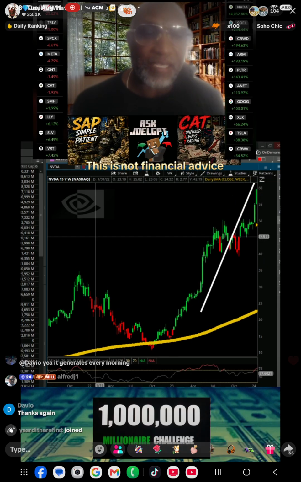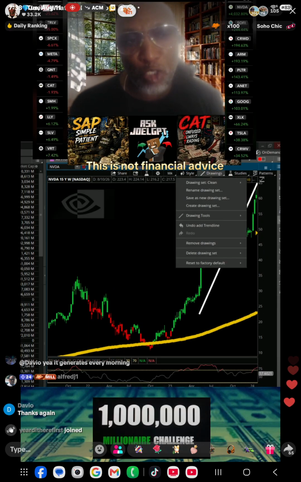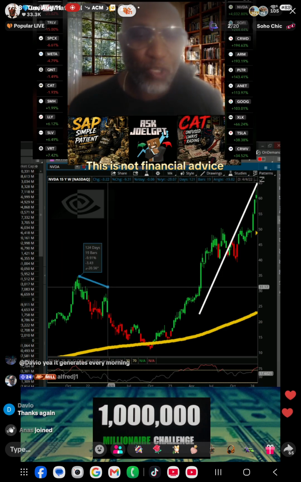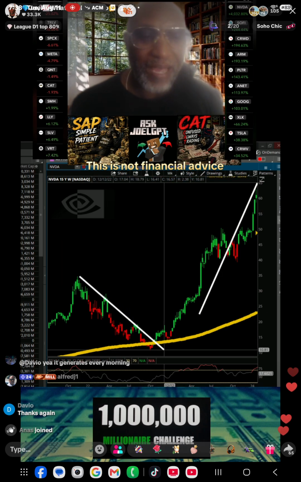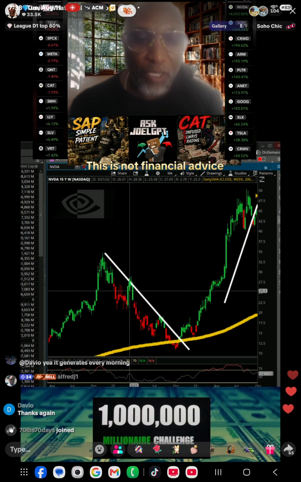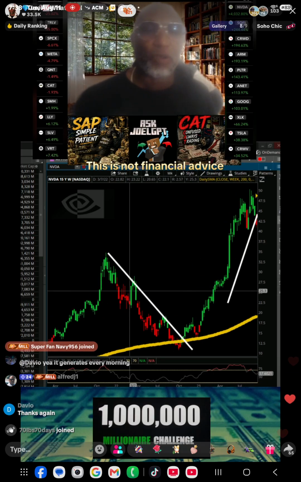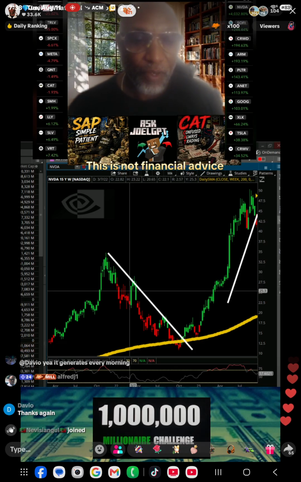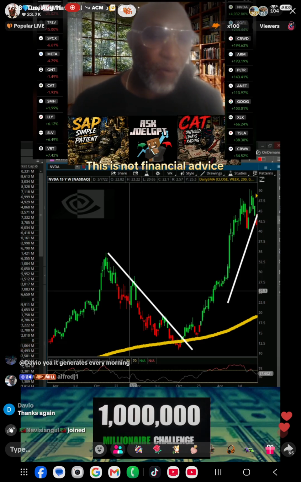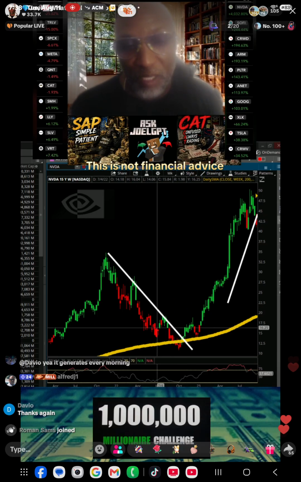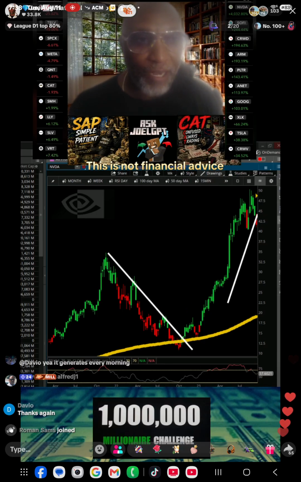Look at this, guys. This was 2022. Do y'all see this? Do you see this? We came down, touched the yellow brick road. What do you guys notice? This is the same setup that we do on the VWAP when you're intraday trading. All right. Not only did it come down in price, it looked like it wanted to go oversold. It didn't quite do it, but it broke this trend line.